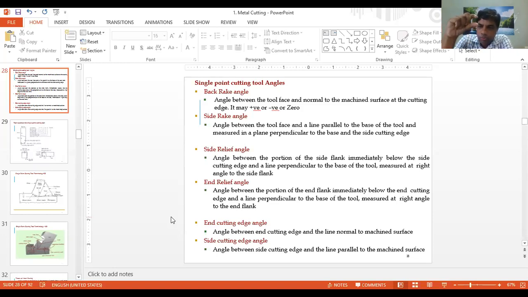then what happens? Your material removal is almost how much? 2 mm means it is almost 2000 micron. If you are removing 2000 micron thickness, obviously when the material is higher, the force coming on the tool is higher. Because of the high force acting on the tool, your tool is going to break. That's why we need to be careful when giving depth of cut. If you give more depth of cut, your tool is going to break. Any other question? So no questions?